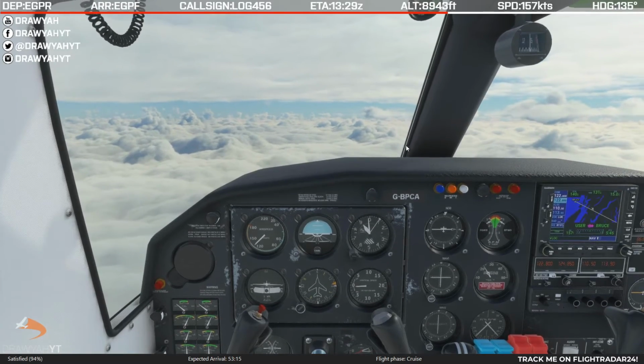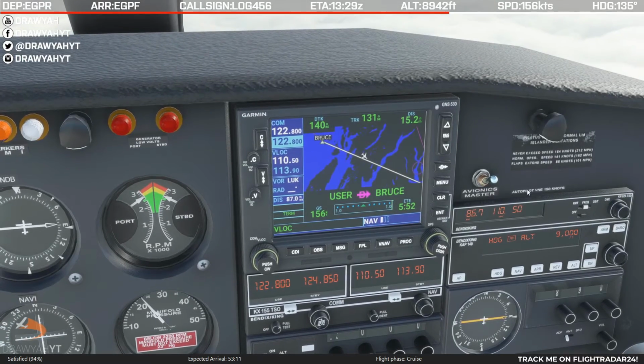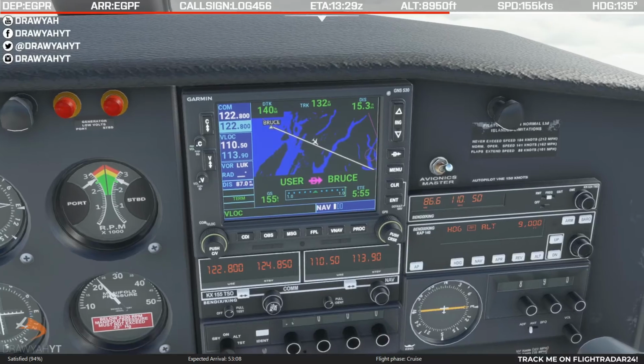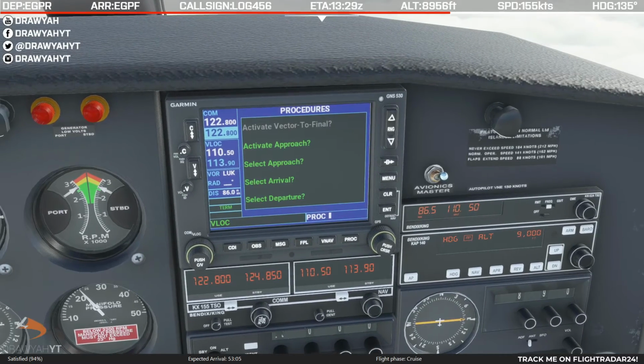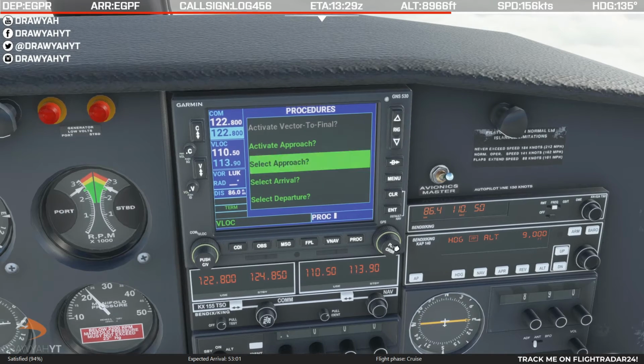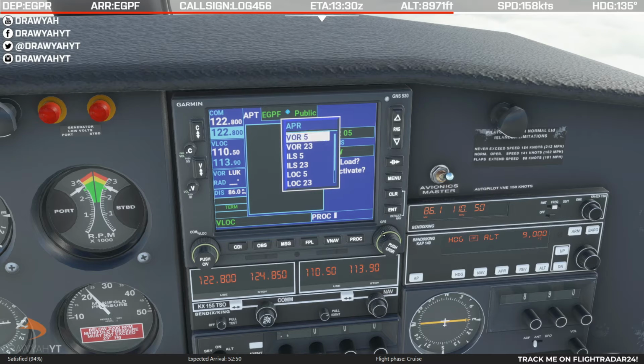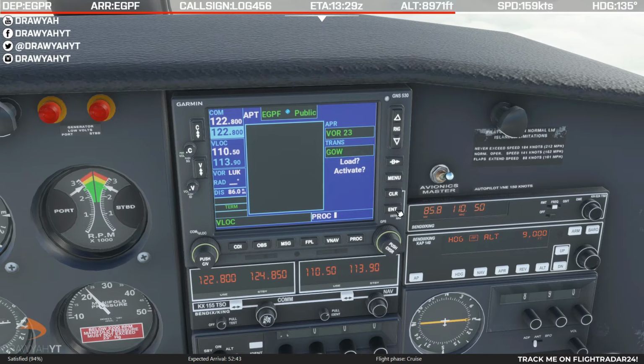Think about our approach and descent shortly. We'll quickly set a direct to following Bruce to the airport. So let's talk approach quickly. Go to procedures. Going to select our approach. Runway 23 selected. Do it on the VOR, because I'm not going to get close to this on the ILS for sure in this aeroplane. And the transition point is going to be...